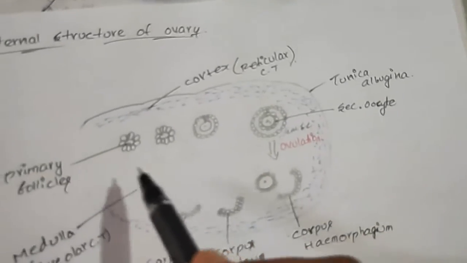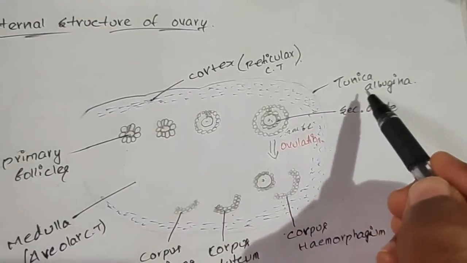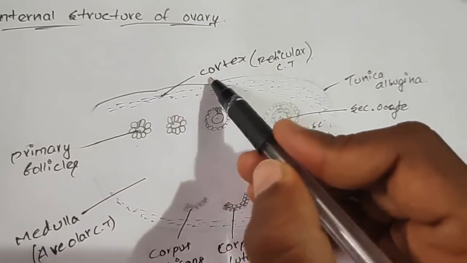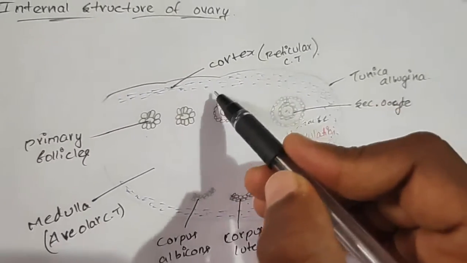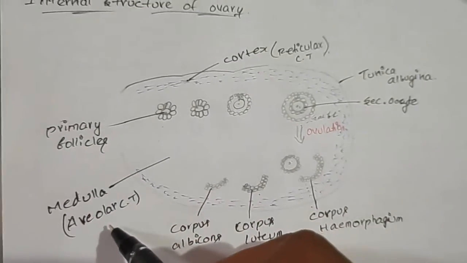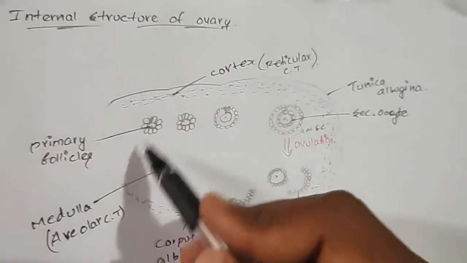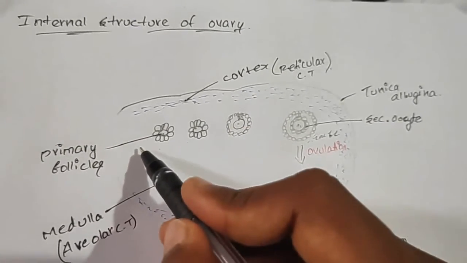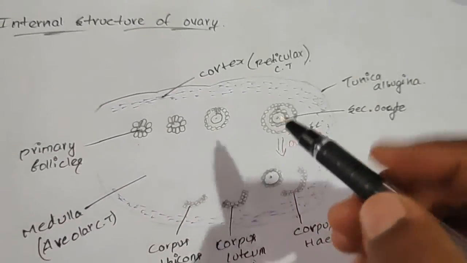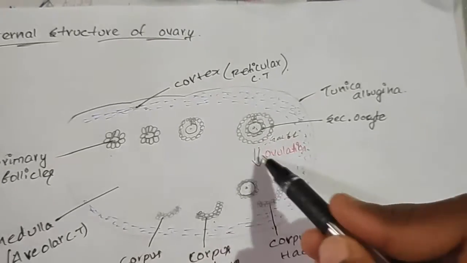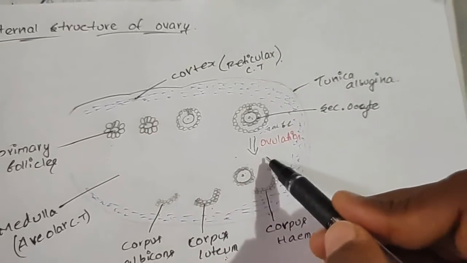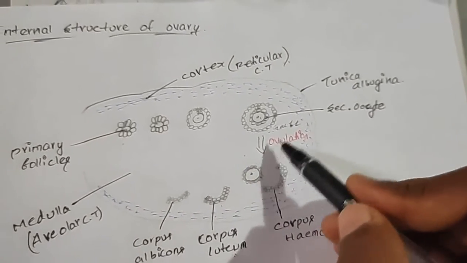In this ovary, the outermost layer is the tunica albuginea. Next to it is a mass of cells. The outer mass is known as the cortex and is made up of reticular connective tissue, and next to the cortex is the mass of cells known as the medulla, made up of areolar connective tissue. In this medulla we find many follicles, and every month only one follicle develops and matures into a Graafian follicle. During the 14th day of the menstrual cycle, this Graafian follicle ruptures, and the secondary oocyte comes out and is known as the egg. This process is known as ovulation, the release of the egg from the Graafian follicle.